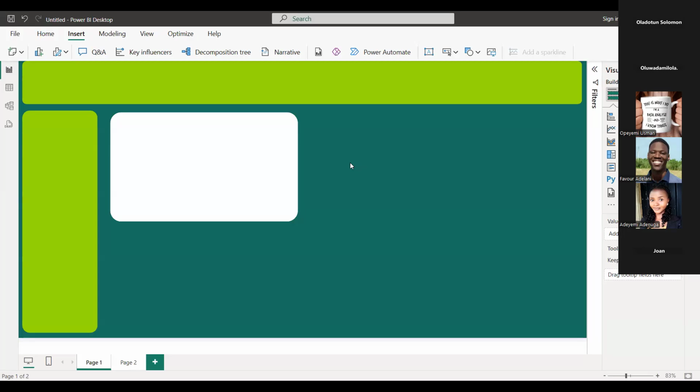Yeah. Okay. So that means if it's 4 questions per page, it means we're going to be needing 4 of these. So what am I going to do now that I need 4 of these shapes? What am I going to do?